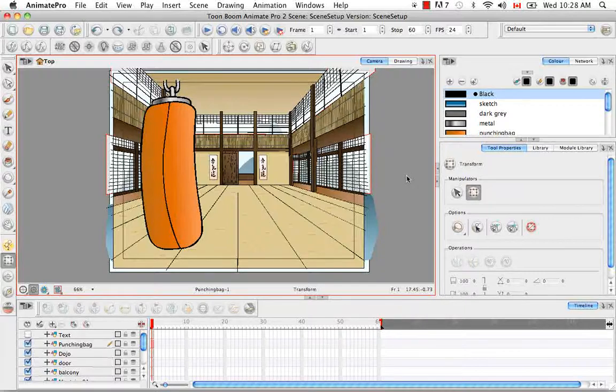So lastly, I'd like to show you how to position an element using the layer properties. So it's pretty much redundant with everything I've showed you in terms of the tool properties panel and the animation menu and the animation toolbar, but let's take a look at it anyway because there are some extra features. So if we go to our punching bag in the timeline, the punching bag layer, and we double click on it,